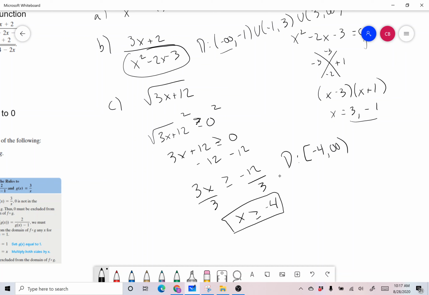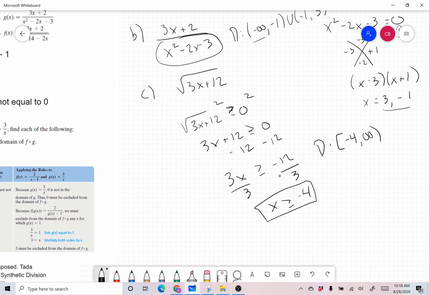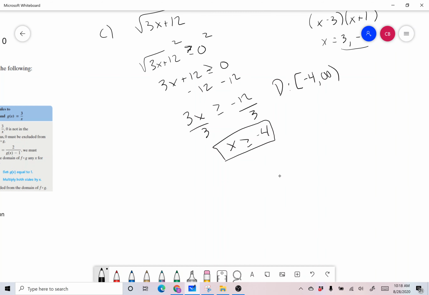It could technically be less than. The reason we do the greater than is because if there's a negative we're dividing by, or a negative or positive we're dividing x or multiplying x by, then it will change that sign and we'll know that the domain has flipped. So I'll show you in the next one. If we do D,